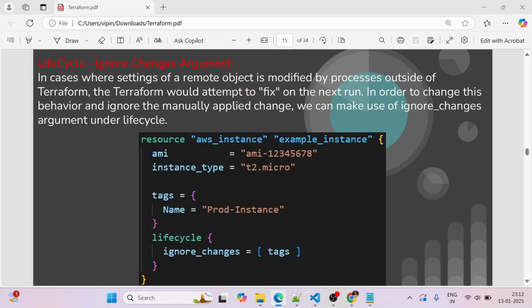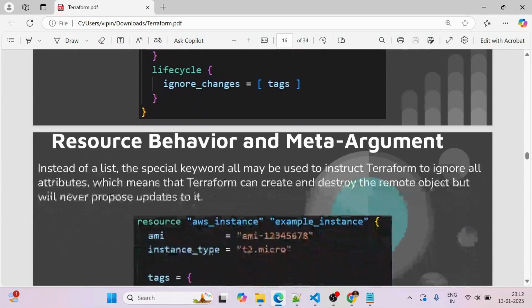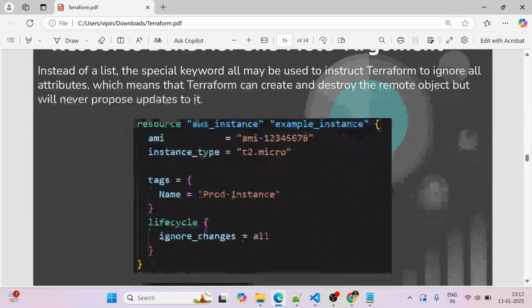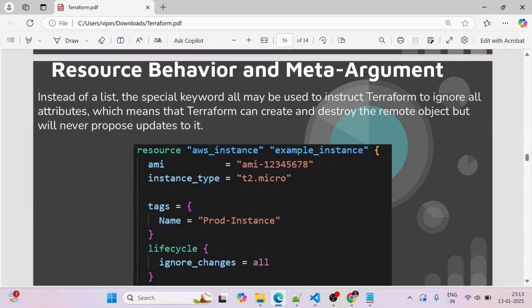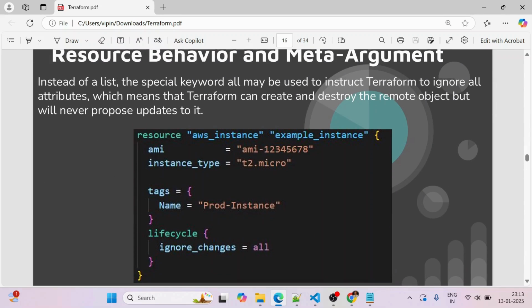Let me go through the documentation. Instead of a list, the special keyword all may be used to instruct Terraform to ignore all attributes, which means that Terraform can create and destroy the remote object but will never propose updates to it.